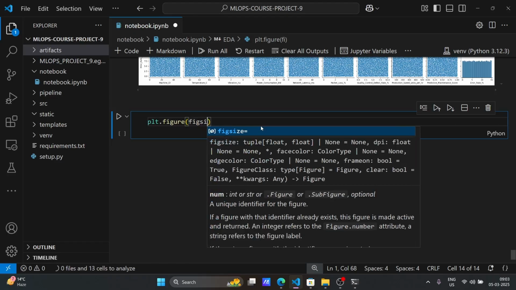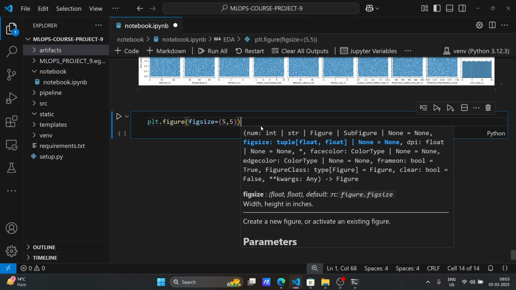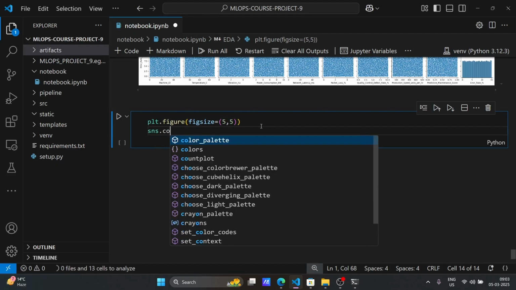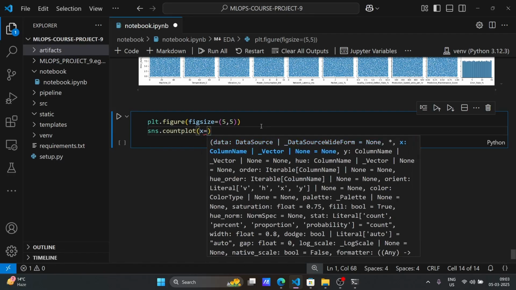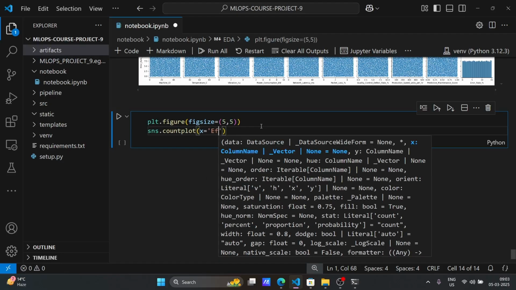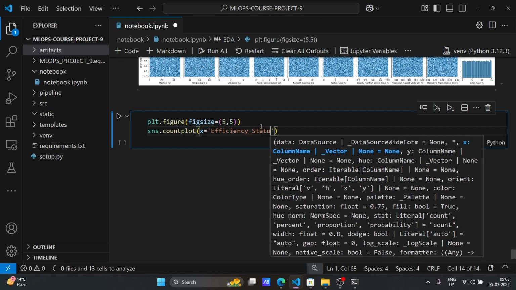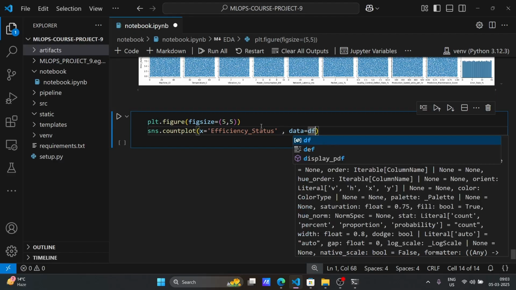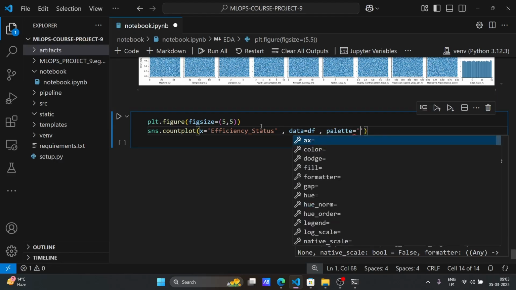Let's set the figsize equal to 5,5. It's a decent size for Jupyter notebooks. I will write sns dot countplot like this. On the x-axis, I will pass my efficiency status column like this. On the data, I will pass my df, and on the palette, you can pass coolwarm if you want. I will pass this time